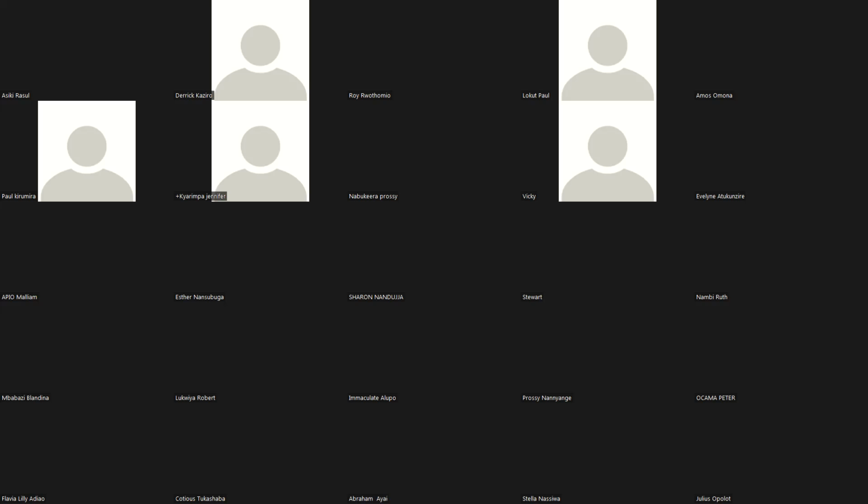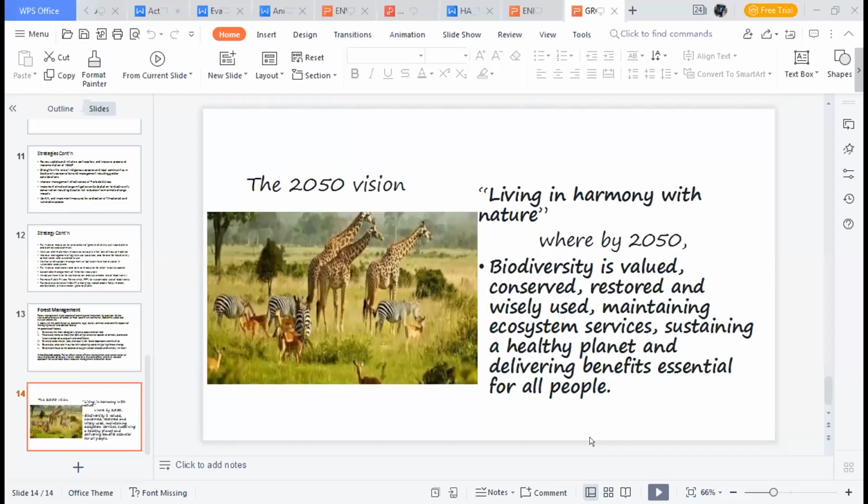So education is being carried out to instill awareness in people, especially those living around the forest, because usually it's those living around the forest that carry out the poaching and the charcoal burning. The forests offer them economic activities. They usually carry out these activities, cutting down trees, selling these trees, and among others.